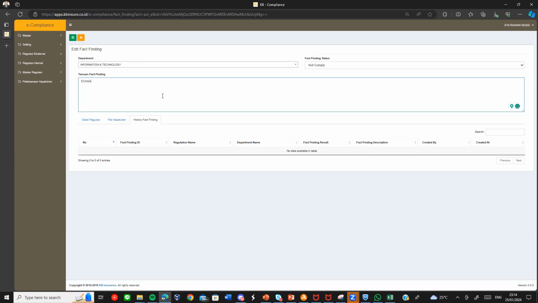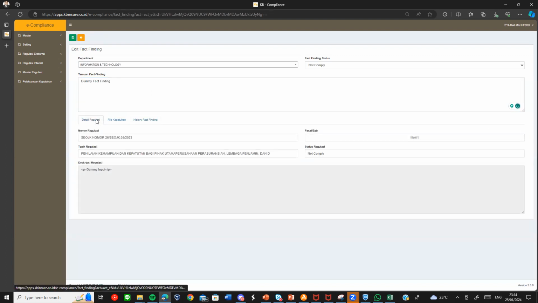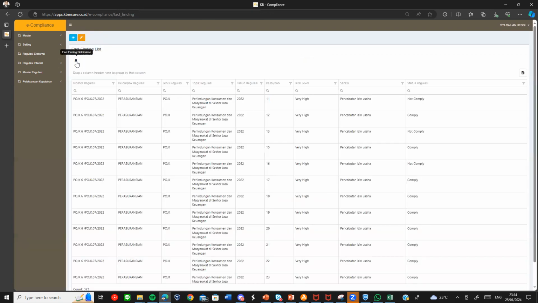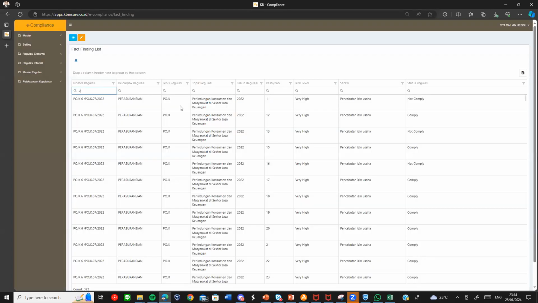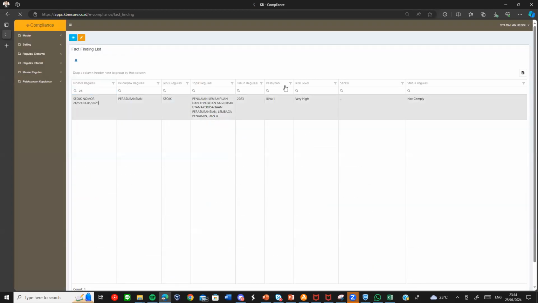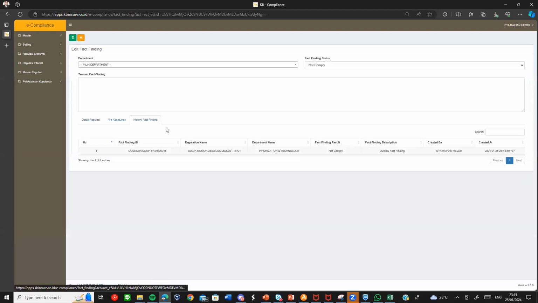For example, I want to talk about the dummy fact finding, or the checklist. We are currently creating the checklist. Okay, just click save as per the standard, and the system records the action we conducted in the system and records the timestamp too. Okay, we open it again, and we can see the history stored in the log database.